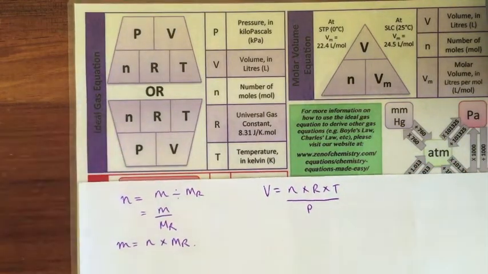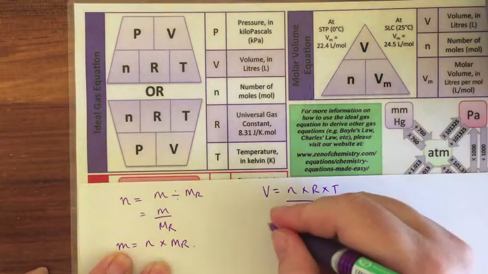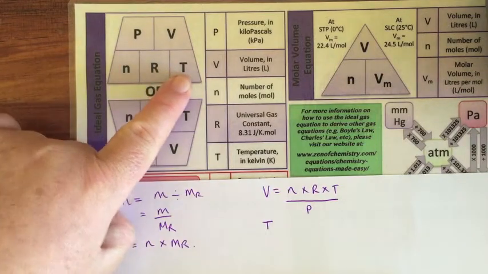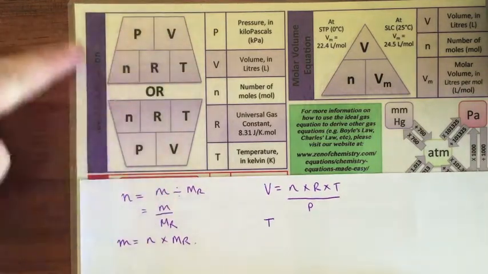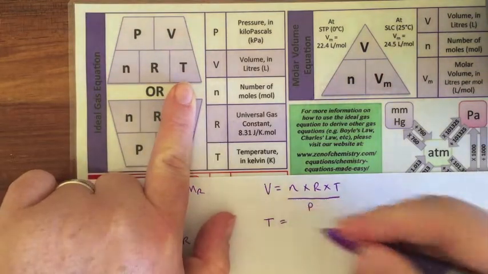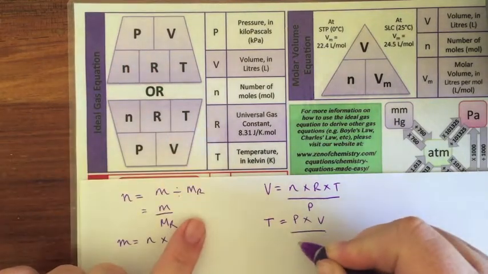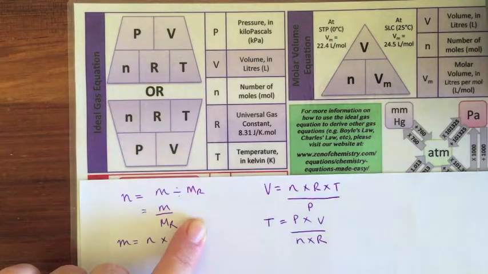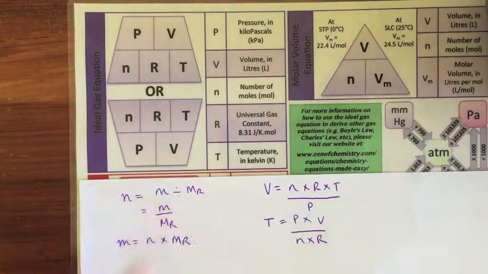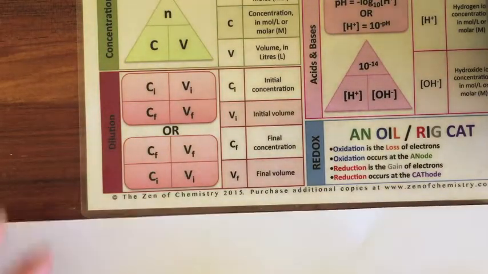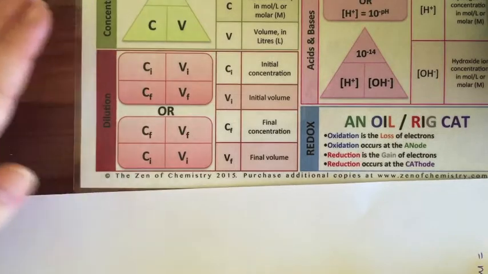Okay, let's say we want to find temperature. Because temperature is on the bottom of this trapezoid, we would use the top one. So T equals P times V divided by n times R. And the same goes for, down here, our dilution equation,